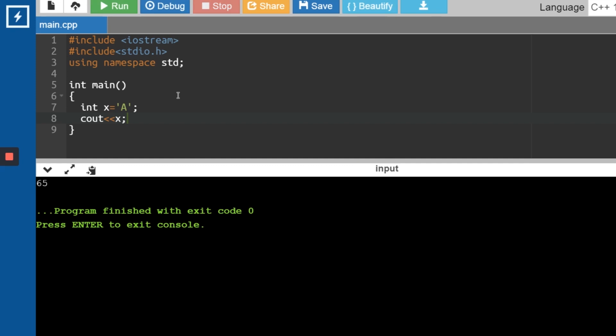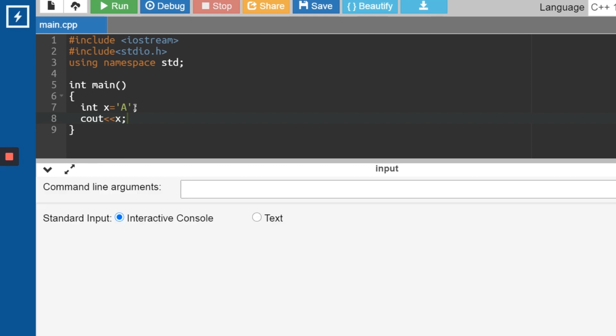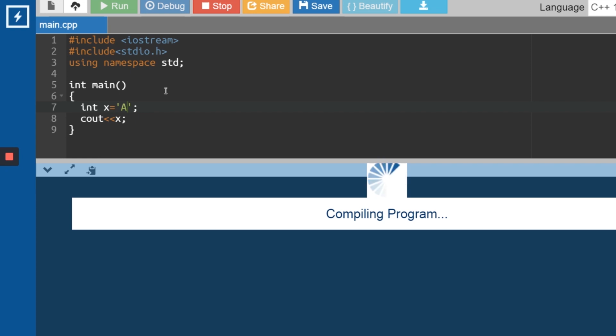What's happening is that when I convert this character into an integer, every character or symbol in any language has its own ASCII or Unicode value. When you convert them into an integer value, they are automatically converted into their ASCII values. Capital A is 65, so that is why I get 65.